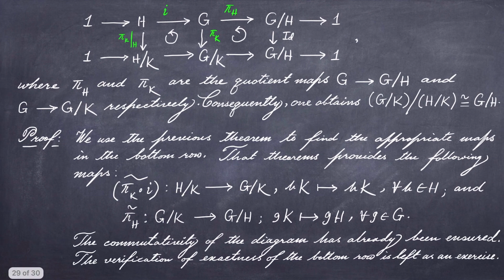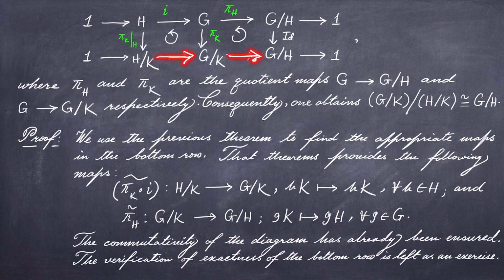Then for H we have this short exact sequence. Now the third isomorphism theorem says that there exist homomorphisms